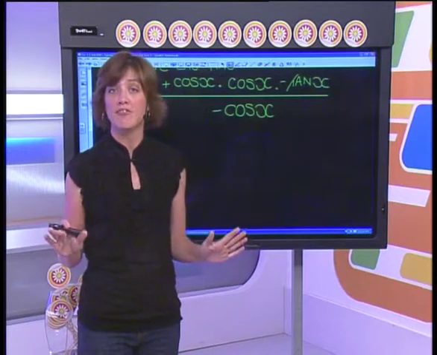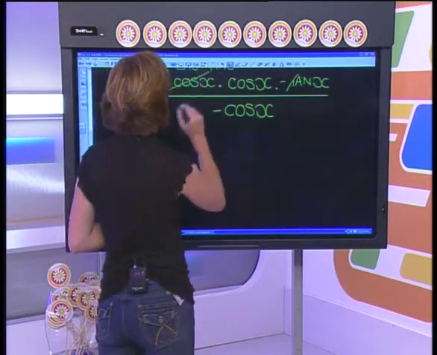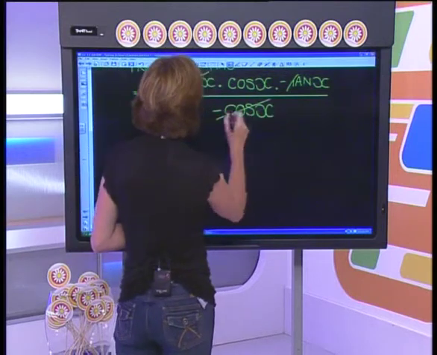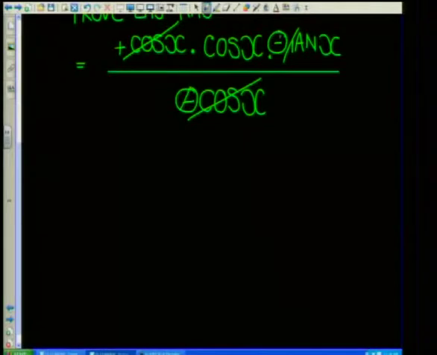Over here, we don't have to worry about that. We have everything being multiplied. So we can go ahead and cancel our cos x with our cos x, and in fact a negative over a negative will become positive. So those two have fallen away as well. That's now left me with a cos x